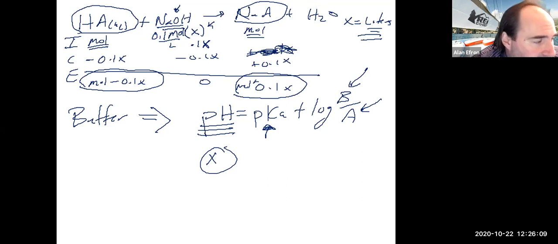You want to basically do an ICE table like I just showed you there and figure out how many milliliters of sodium hydroxide you would need to add to raise the pH of your buffer by 0.10 pH units. And then you would want to do a calculation to figure out how much HCl you would need to add to lower the pH of your buffer by 0.15 units. So those are the calculations that you need to do. You need to show the calculations, and you do need to, I believe, upload those calculations and